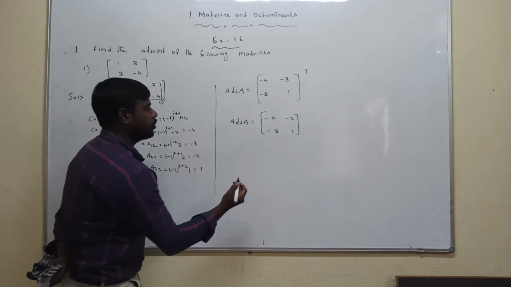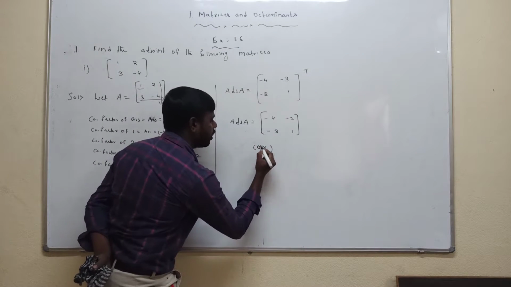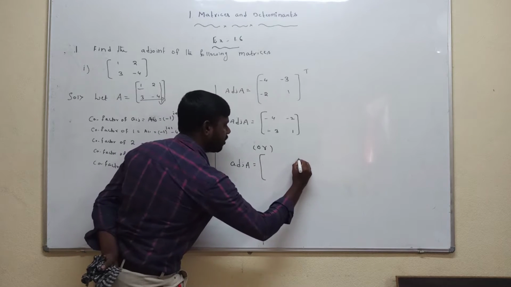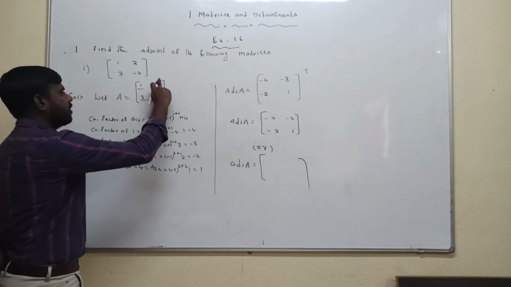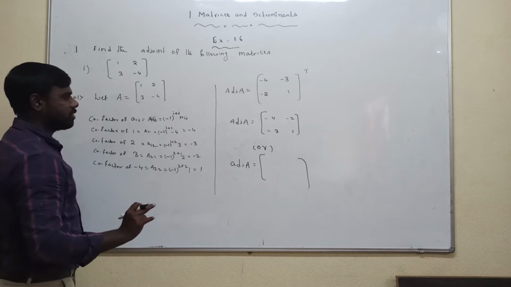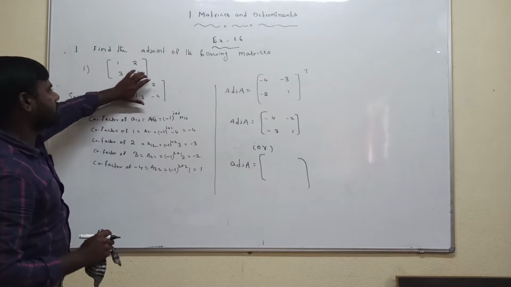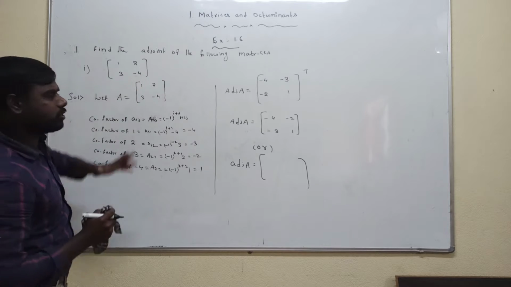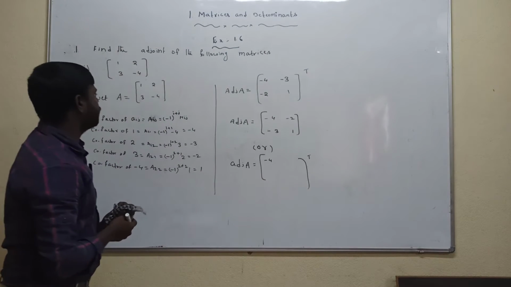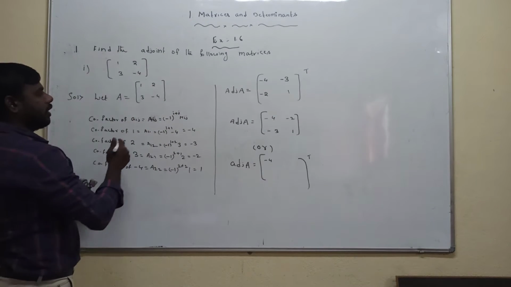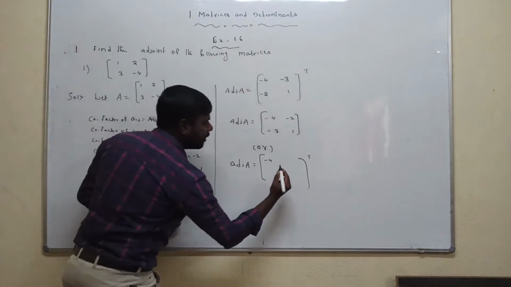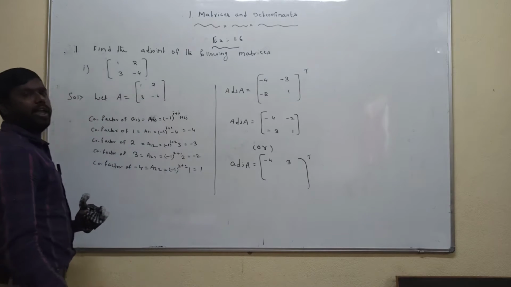One more method, a short method here, friends. This is the short method for the adjoint of A. See the first step first. Without using cofactors directly: the 1 is present in the first row, first column, so eliminate them. What is left of the element here, friends? Minus 4. Second, 2 we are taking. 2 is present in the first row, second column, so eliminate them. What is left? 3 is left.